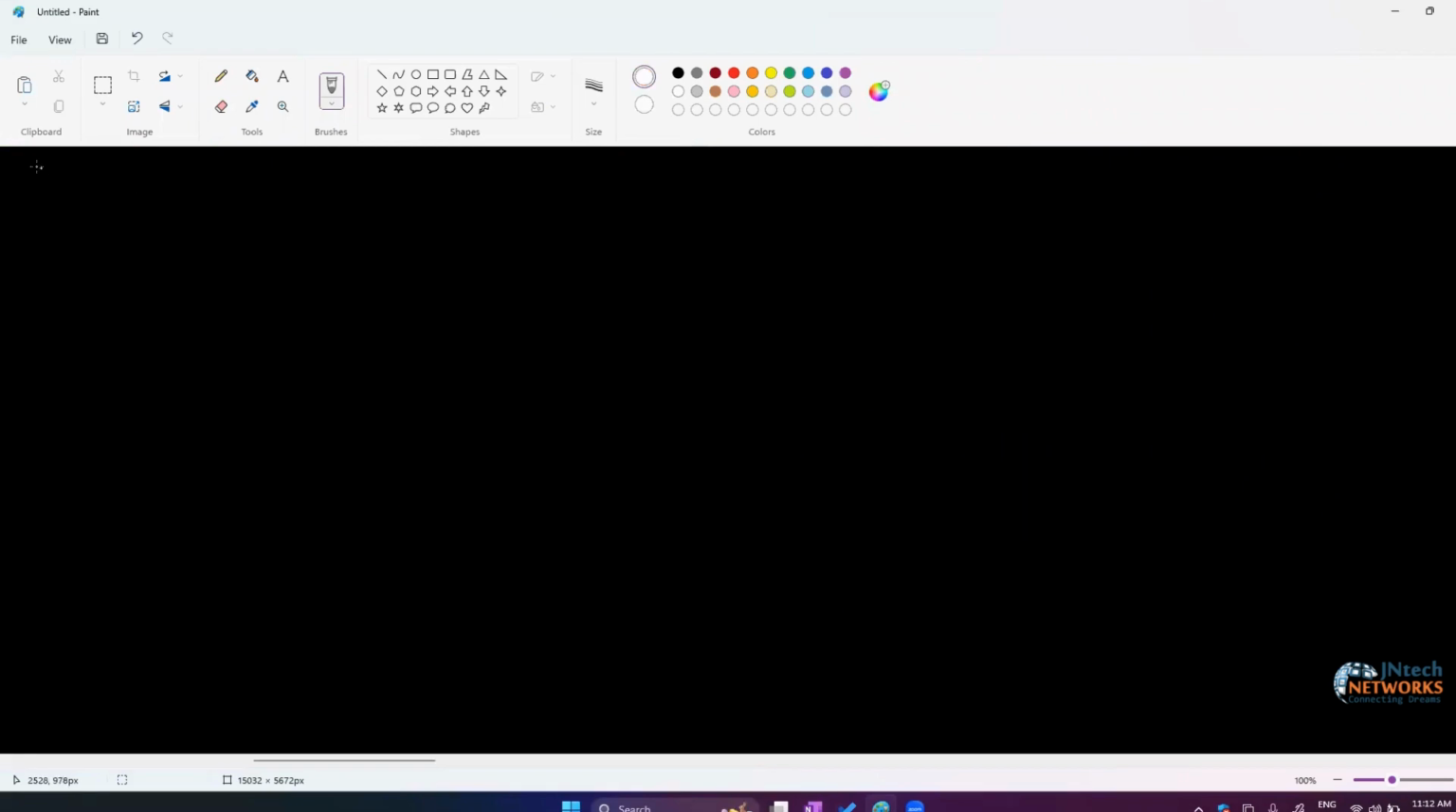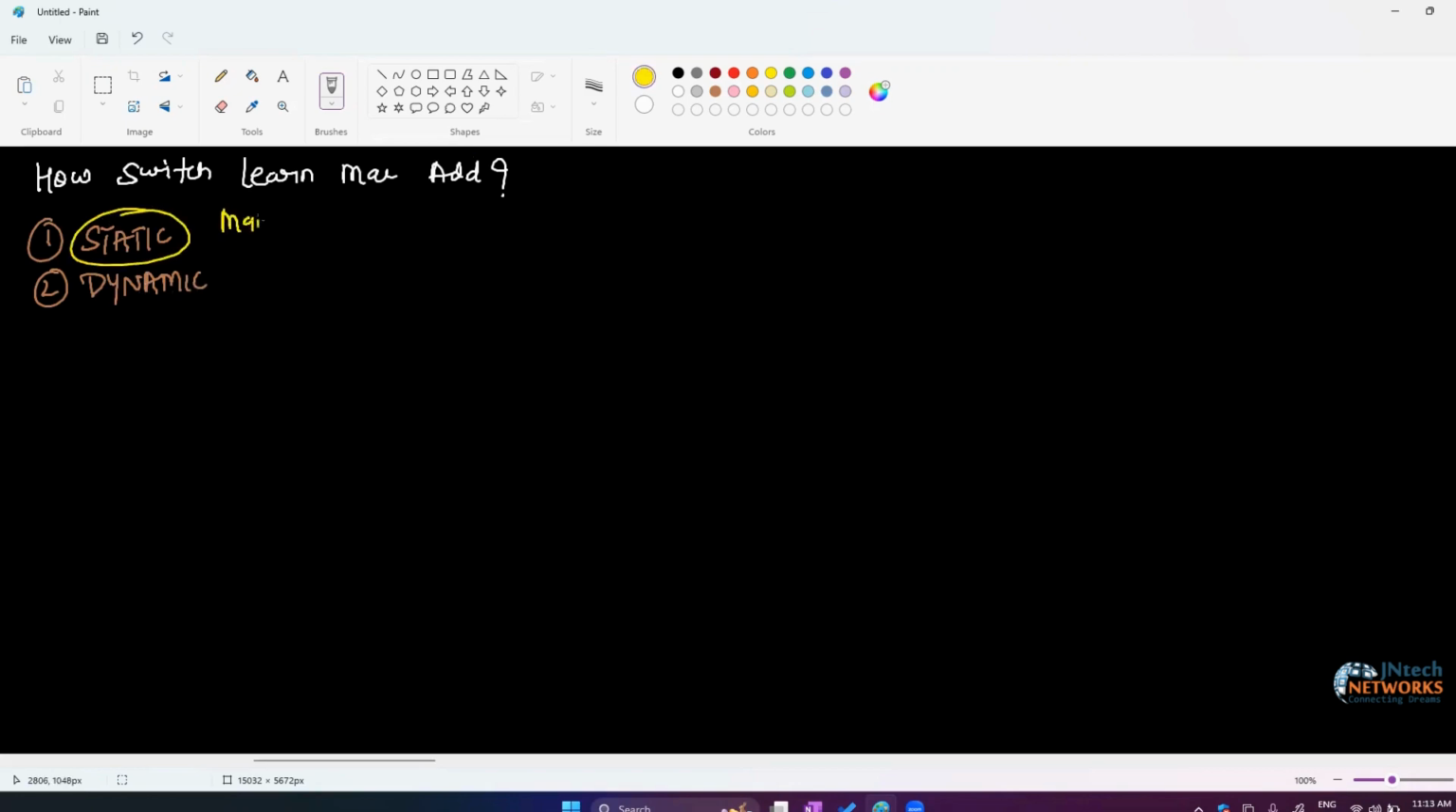Next scenario, if someone asks how the switch learns a MAC address. Basically the switch has two options. One is static and the other is dynamic. Static means forcefully, that means we are doing the task manually. And dynamic means it will automatically know. And I think you remember we discussed in the theory part, by default